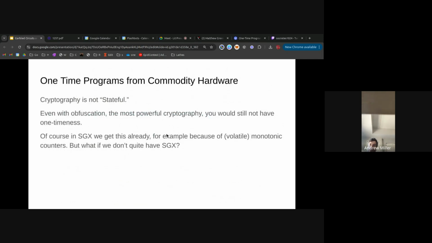One of the reasons why I'm so interested in this is because we already have one-time programs in SGX. We make use of this all the time, but what we don't have are non-volatile lockboxes or one-time programs, because you can have a one-time program, but it's just in memory. We no longer have access like we used to an on-chip non-volatile monotonic counter. So you have a one-time program, but if you have a power outage, you can't turn back on and still have the one-time program. The one-time program was in volatile enclave memory only. That becomes inaccessible if you have a crash or a reboot or anything like